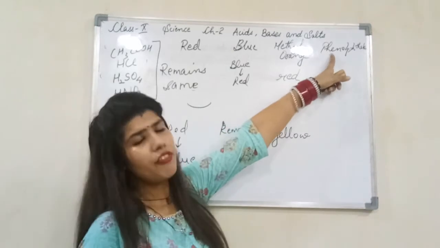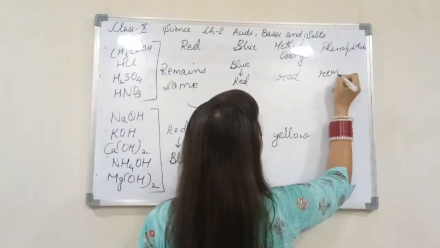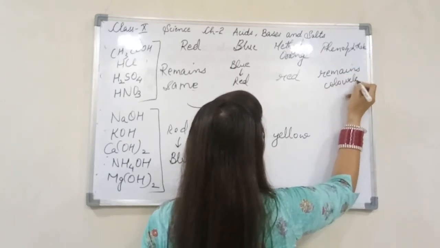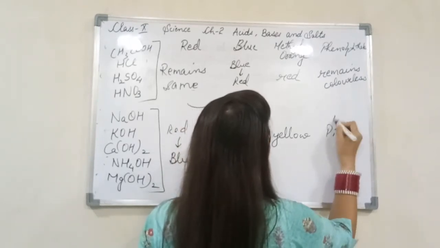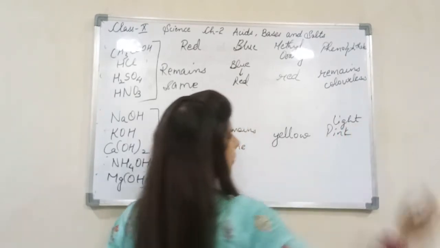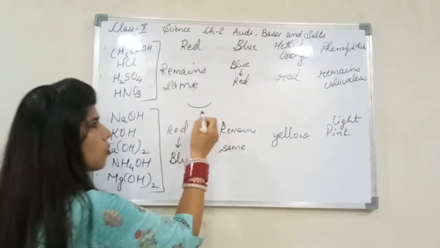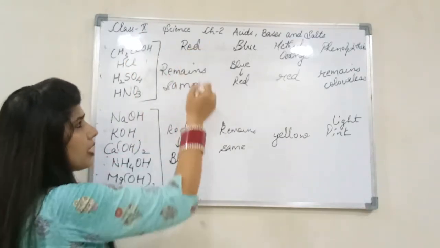Phenolphthalein is itself colorless, and in the presence of acids, it remains colorless. And in case of bases, it turns light pink color. So these you have to learn. What is there in each thing? Just take a watch glass. पहले आप, for example, acetic acid की drops डालिए. Then you put this thing.